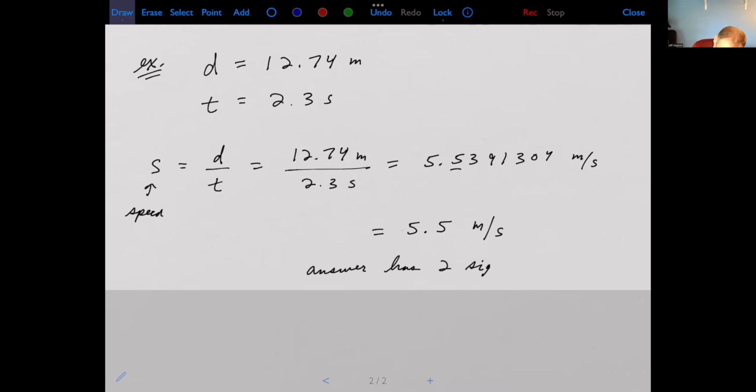Because that was the least number of significant figures that was in any of the quantities here, right? The time only had 2. Okay, as another example,